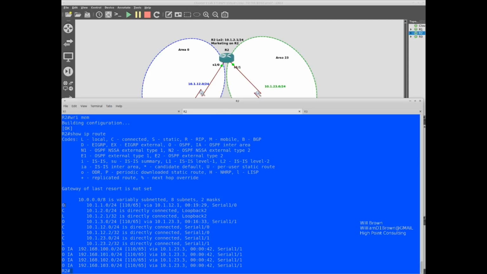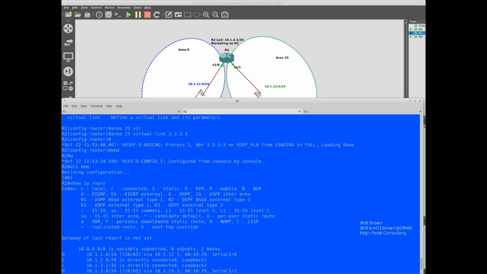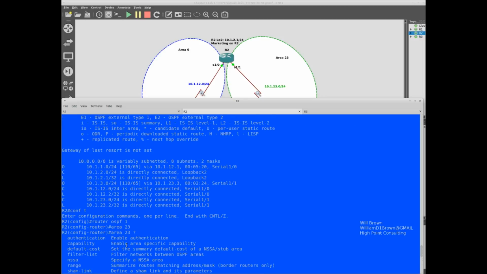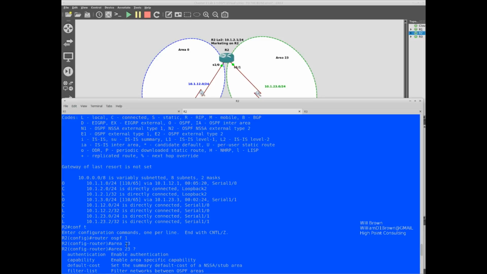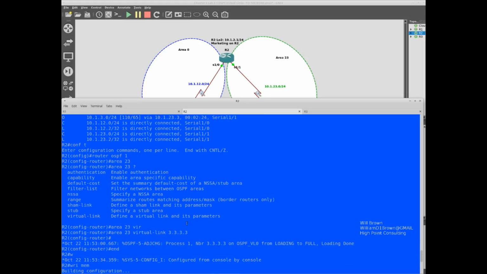If I go back up, before, our routing table on router 2 only had the 10.1.1.0 network, which was from router 1.